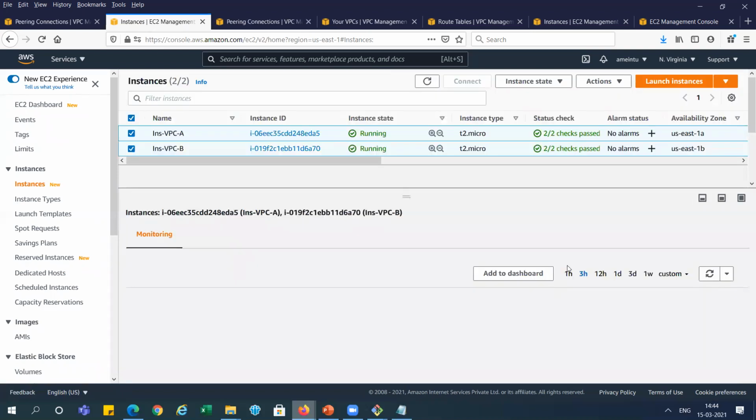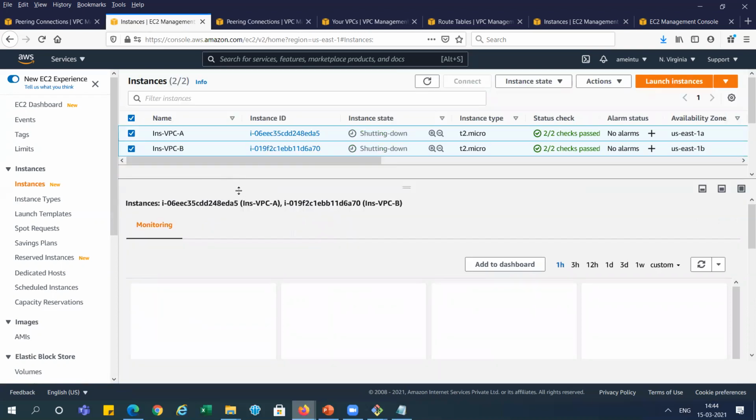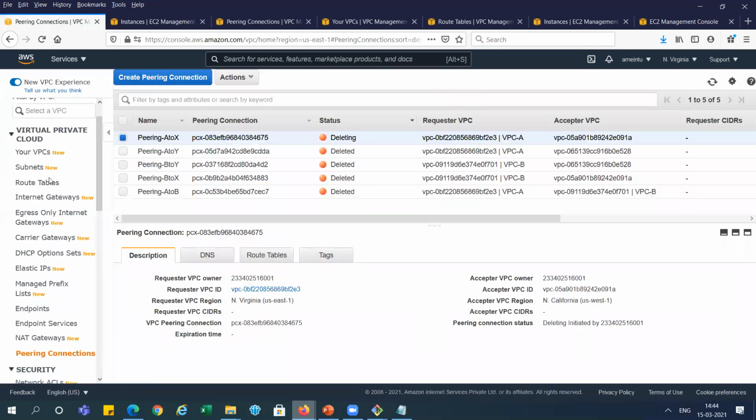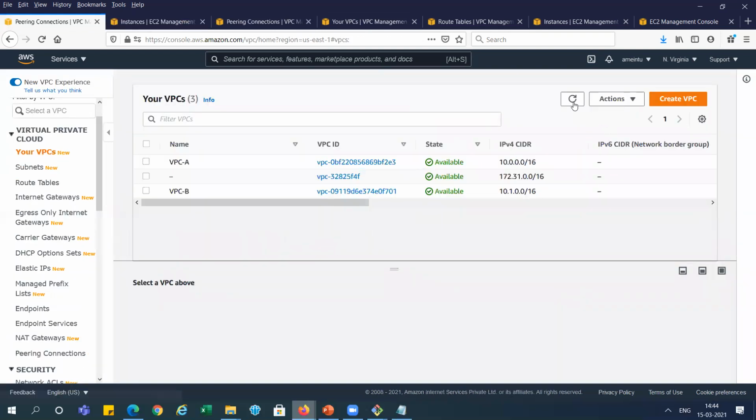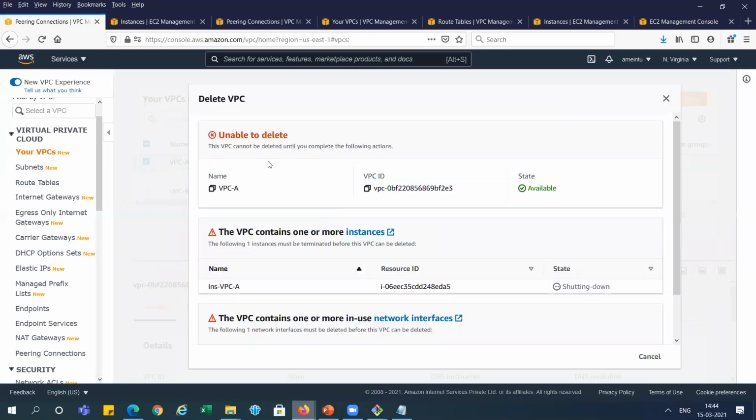So you can see here instances are still deleting. If you go to the VPC and try to delete this VPC A, it will give an error because instances are still running over there, not deleted so far. So I'm going and deleting the VPC. You can see here: unable to delete this VPC containing one or more instances.